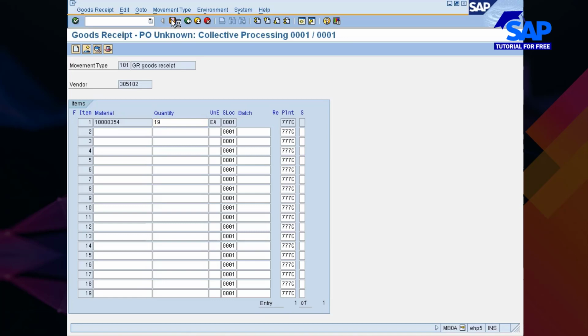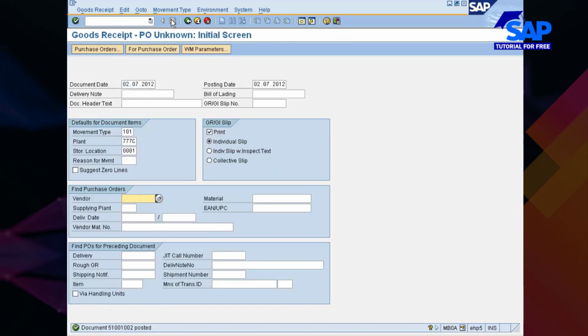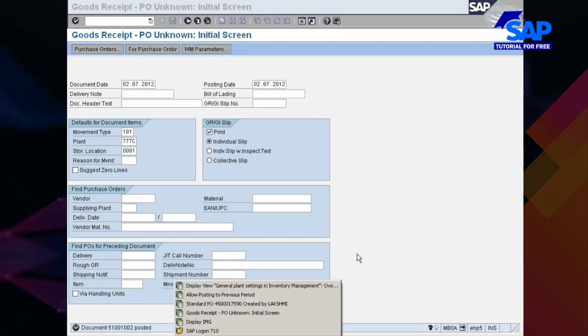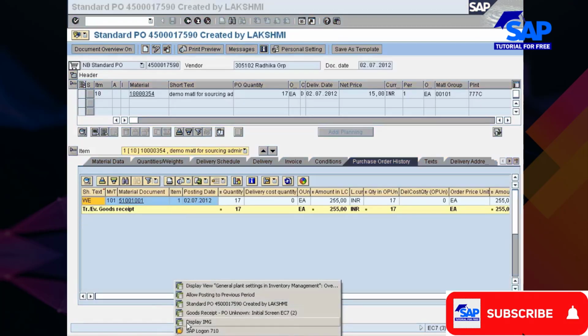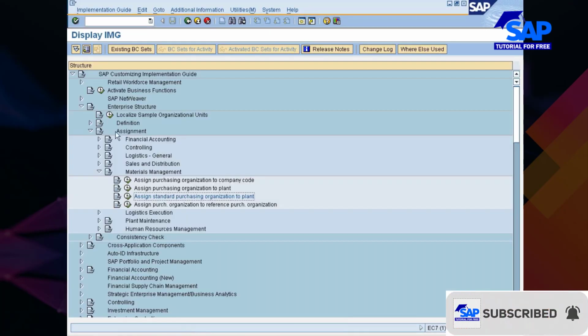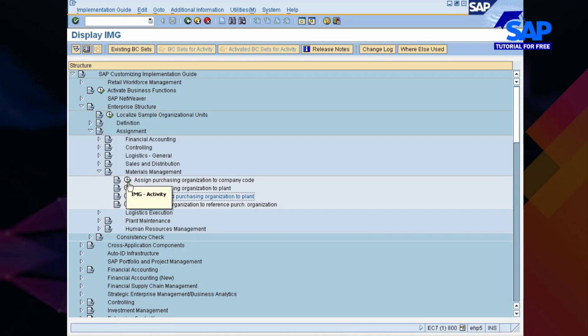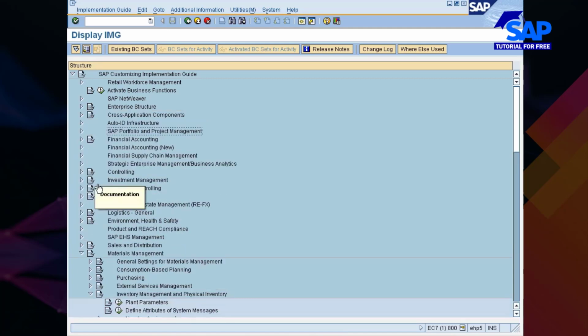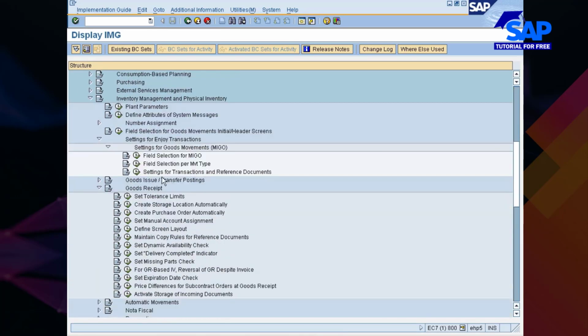Okay, so this is one thing, and then there is one more thing called GR/GI slip, goods receipt, goods issue slip. Would you like to see that one also? I'll just show you quickly. There will be a couple of settings. Give me a moment. You should go into, where is that, the number ranges for document types. Let me close this. You should go into here, define